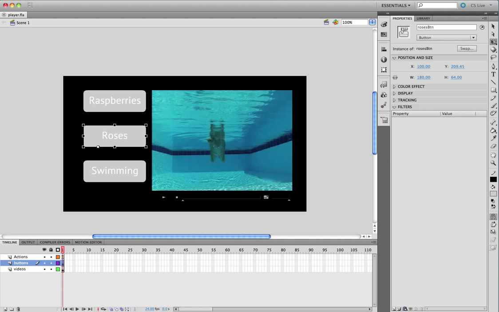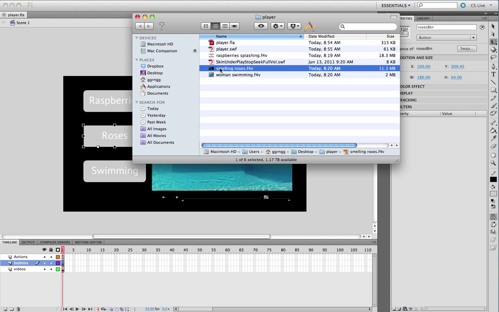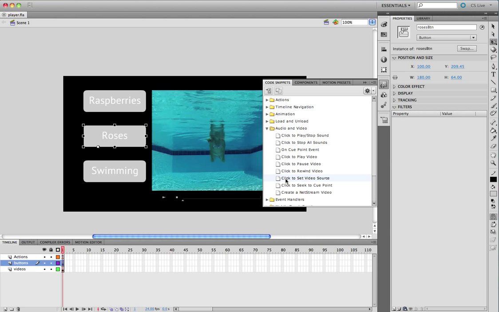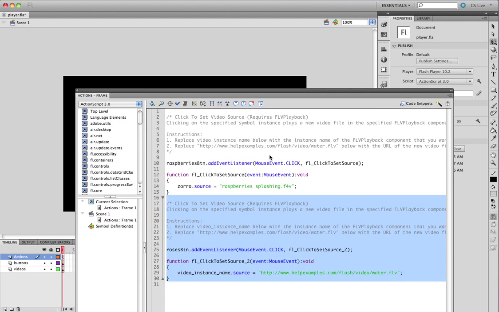I need to get the name. So for roses, again, I'm going to come in here. I'm going to copy this just so that I get it all right. I'm going to make sure my roses button is selected. I go to my snippets and double click to set the video source, and it opens up the Actions panel,